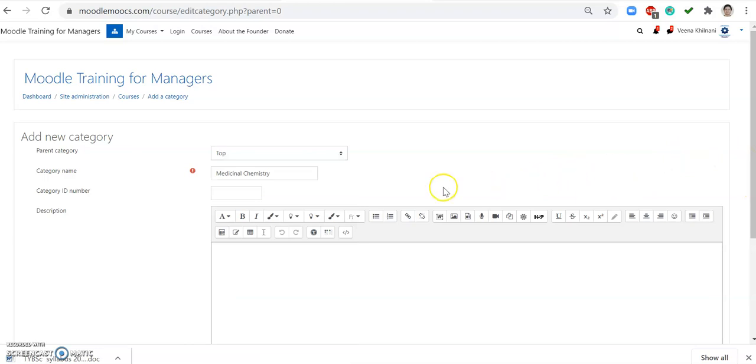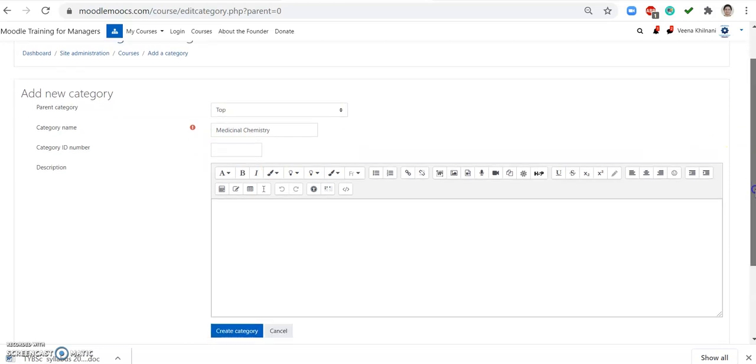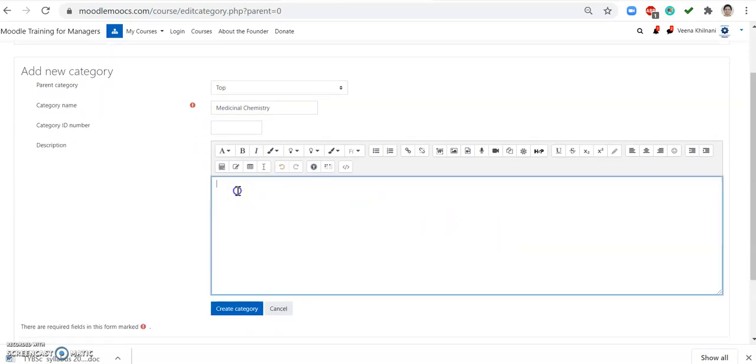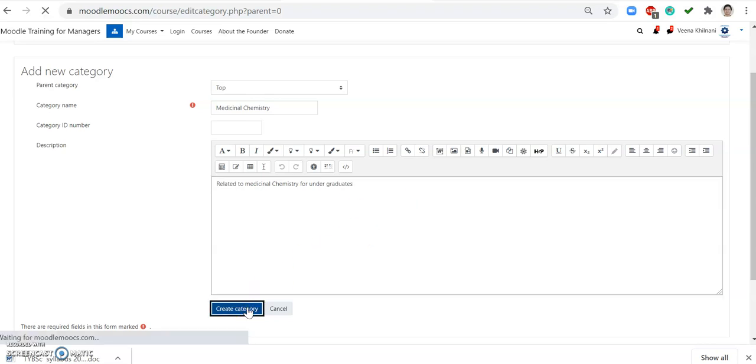But let us introduce a new category on top, and then we can give the description as related to medicinal chemistry for undergraduates. Okay, so we create a category like that, and then once the category is done,